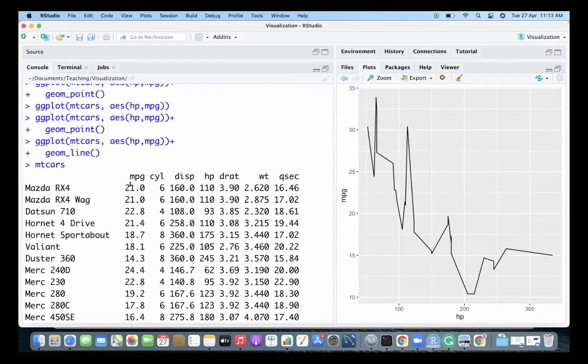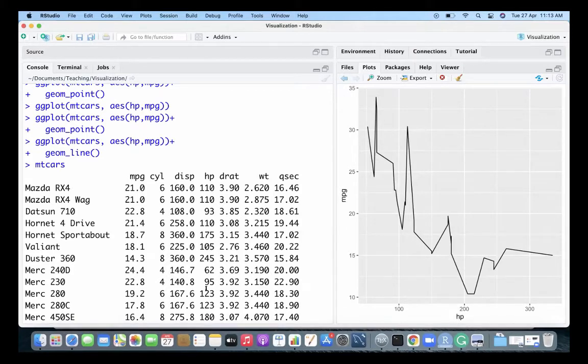The first row is Mazda RX4, the second row Mazda RX4 Wag, the third row Datsun 710, and so on. So I cannot say that, okay, if I would have created Mazda RX4 in 5 different variants with 5 different horsepower, and the rest of the things are exactly the same, probably I would have said that, yeah, probably.